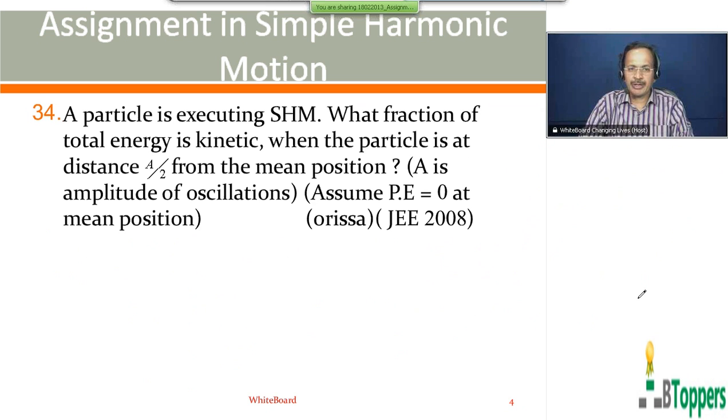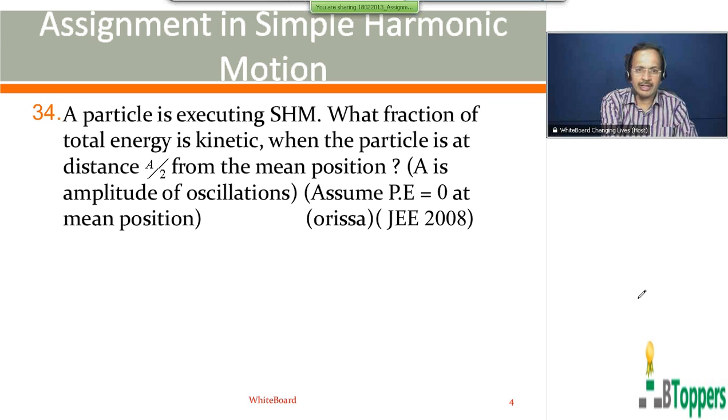Particle is executing simple harmonic motion. What fraction of total energy is kinetic? The particle is a distance a by 2 from the mean position. A is the amplitude of oscillations. Assume potential energy equals 0 at mean position. So if the potential energy is 0 at the mean position,